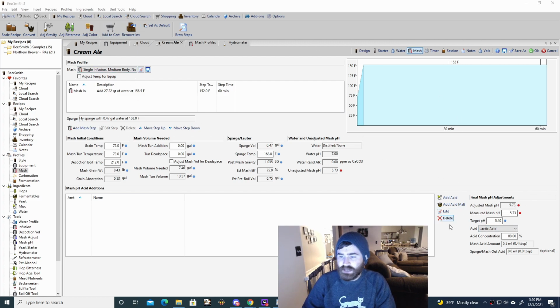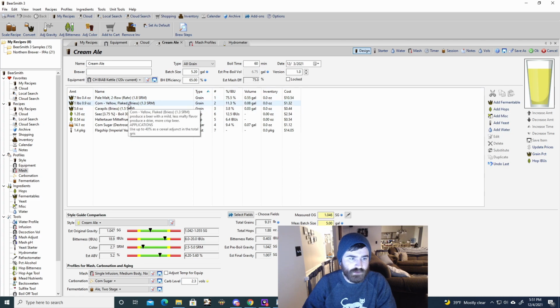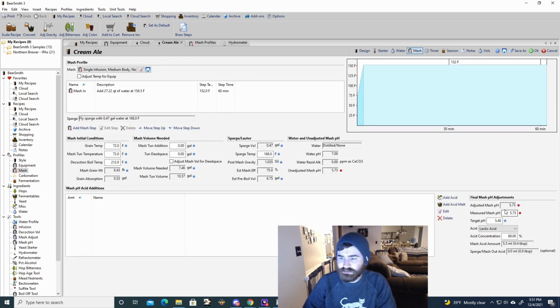If you go to the mash tab and look at the bottom right hand corner, you'll see the final mash and pH adjustments options here. The adjusted mash pH option here, this is what Beersmith3 estimates your pH to be based on your design. So here's my design. I have some 2 row, some flaked corn and carapils, and based on that, it's thinking that the pH will be around